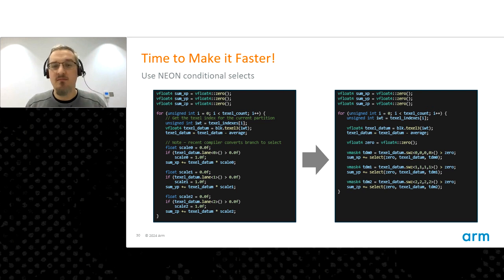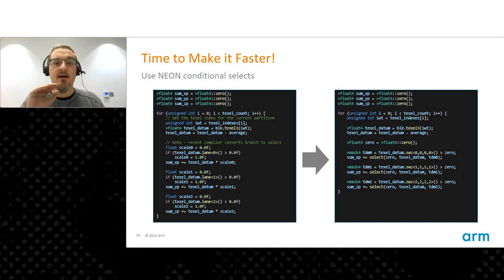How do you solve that problem? By not having branches. So most instruction sets have got the idea of a conditional select. You compute the if and the else and a mask, and then you basically pick which of those 2 answers you want, depending on the value of the mask. So you have to compute both the if and the else path, but you get rid of the branch. And on a modern core, say a branch mispredict is 10 cycles. Maybe you're issuing 4 instructions per clock on a high-end X core. So that's 40 instructions worth of stuff you could be doing while unwinding a branch mispredict. So generally for small things like this is a really good way to go and get